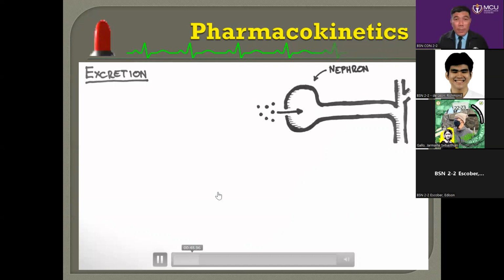Okay. Before we continue, I have received a question. Is vomiting a form of excretion? Okay, vomiting is a form of preventing toxic effect. It is compensatory. For example, if there is an overdosage of a drug, if a higher dose has been taken, the body will respond through vomiting so that it will not absorb right away in the intestinal tract. That mechanism of getting it out of the body is through vomiting.